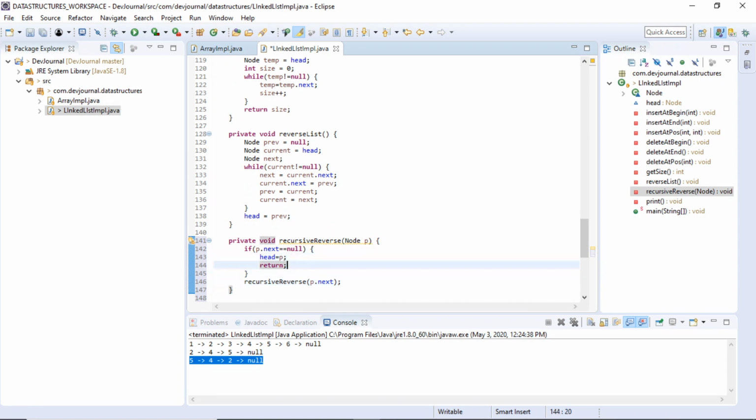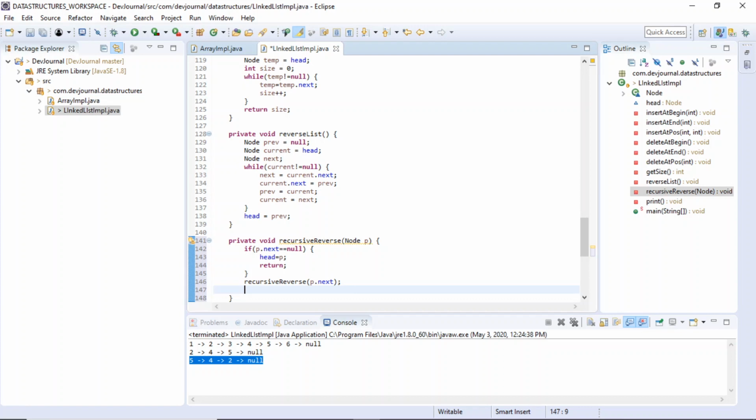If that end node is not reached, we'll simply traverse ahead. What we are doing here, we're just moving ahead in the linked list. P dot next means the next element in the linked list, the next node in the linked list. So when we reach the end of the linked list, we'll simply return by assigning the last node as head. And then now we'll empty the stack.